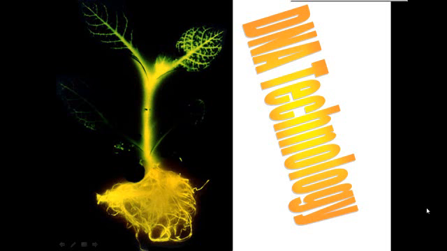For example, with this picture you see in front of you, this is a tobacco plant, and they inserted a gene from a firefly into the tobacco plant, and obviously you can see the tobacco plant now glows in the dark. They did this to determine if it was possible to move genes from one type of organism into another type of organism, and in this case from an animal into a plant. Very, very different organisms, and they did. So this is DNA technology.